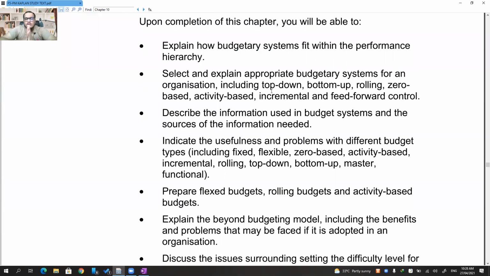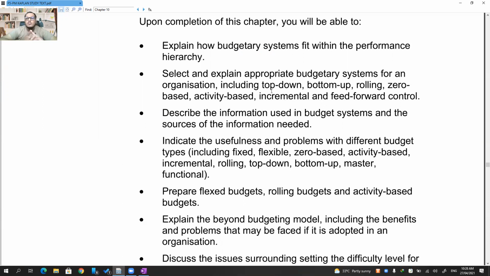So in this budgeting chapter, we are going to understand what budgeting is, why it is required, how it is done, and what the different types of budgeting are. What are the different types of communication, top down, bottom up, and then different types of budgeting: rolling budget, incremental budget, zero based budget, activity based budget, feed forward controls, all that stuff.